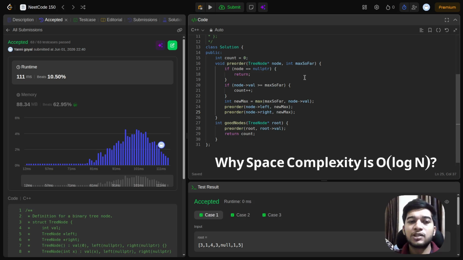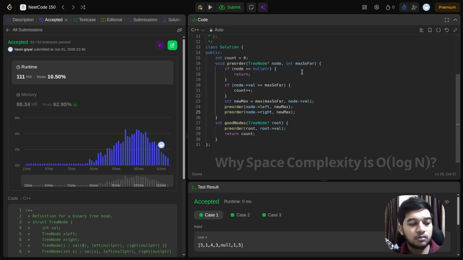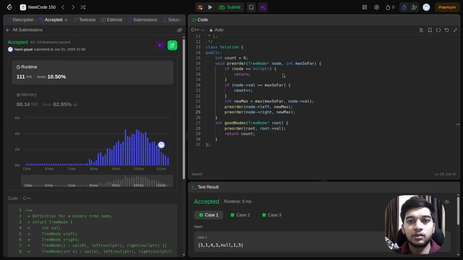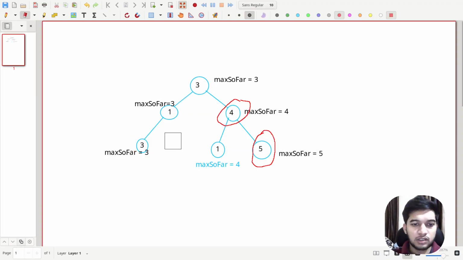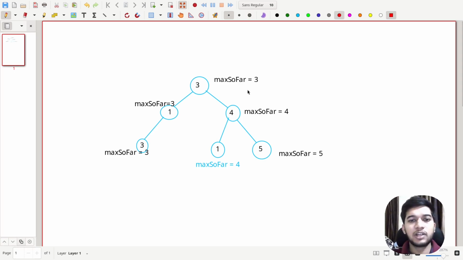Why do we say space complexity is big O log n? So let's understand this. First let's remove this. Now there are two types of trees. One is balanced and the other one is skewed. Skewed one will be like this, when the nodes are in one direction only, and the balanced tree has equal nodes. So this is the kind of balanced tree, and since its height is